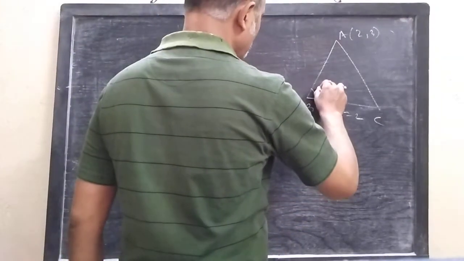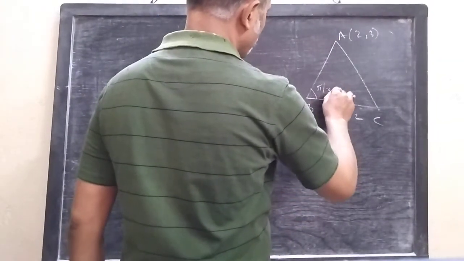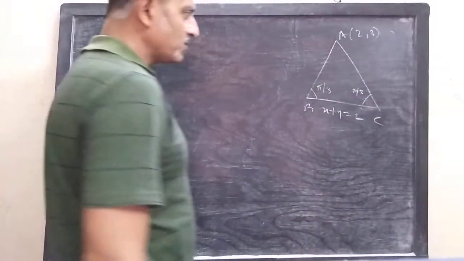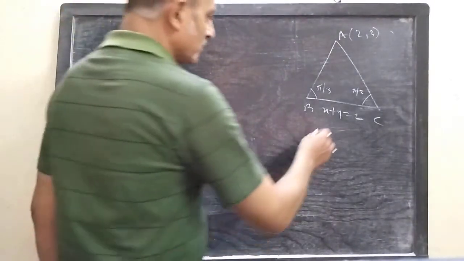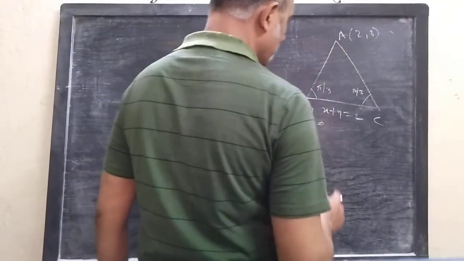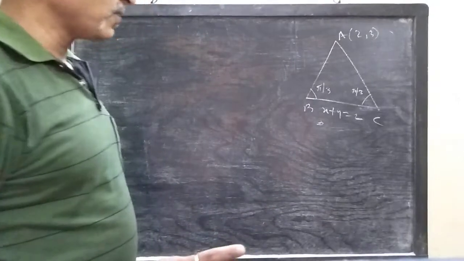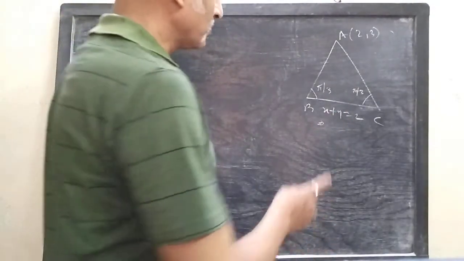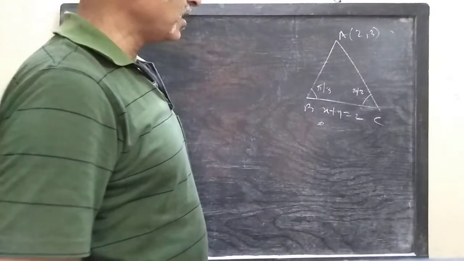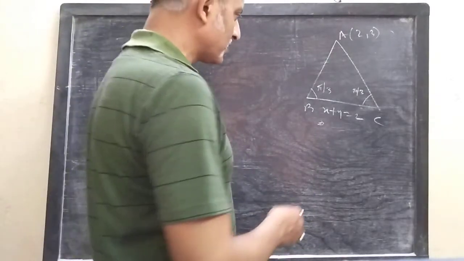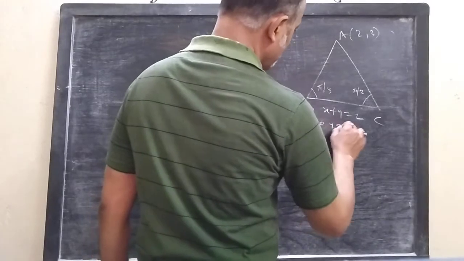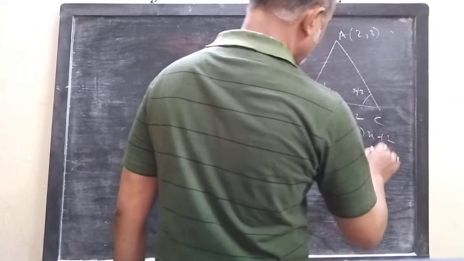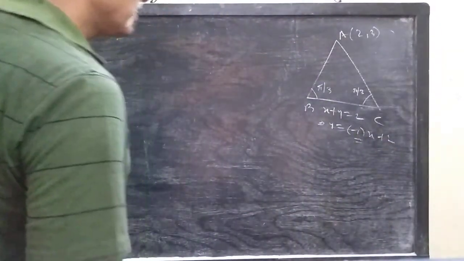As we know, each angle of an equilateral triangle is pi by 3. So these two angles will be pi by 3. Like the previous day's problem in which we solved an isosceles right triangle, where these two angles were pi by 4, today I am solving an equilateral triangle problem, so the angles are pi by 3. So this equation is y = minus 1 into x plus 2, that is, its slope is minus 1.